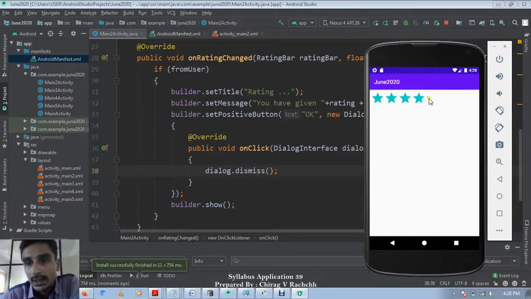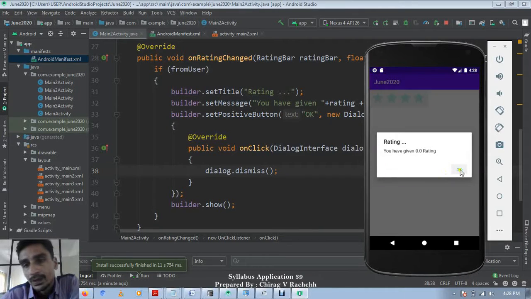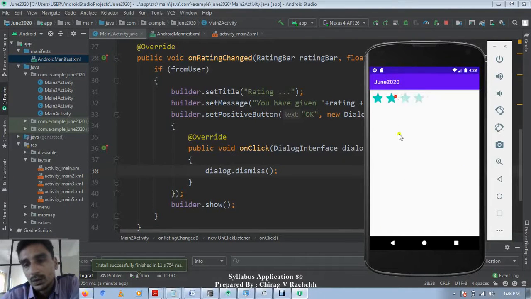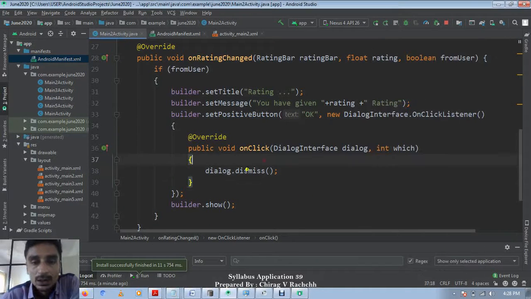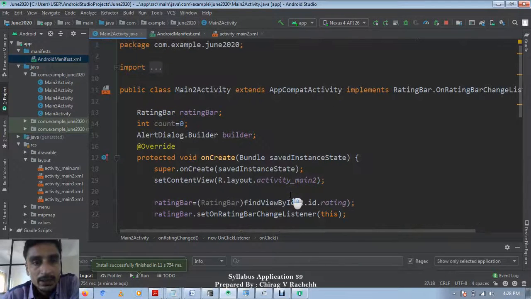Okay, as you can see here, the maximum limit of the stars is 1 2 3 4, and on clicking this rightmost one it is showing that all stars are selected, 10 star rating. When we select this one, it is 0, and this one is 4.5. So in this way we can create and use a rating bar.